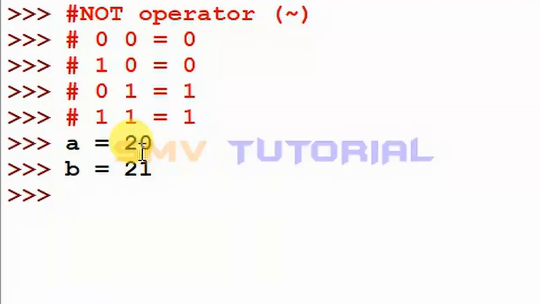Negation of a. This negation of a is minus 21. How is it 21? I am explaining that. This 20 binary value, I am typing the 20 binary value.